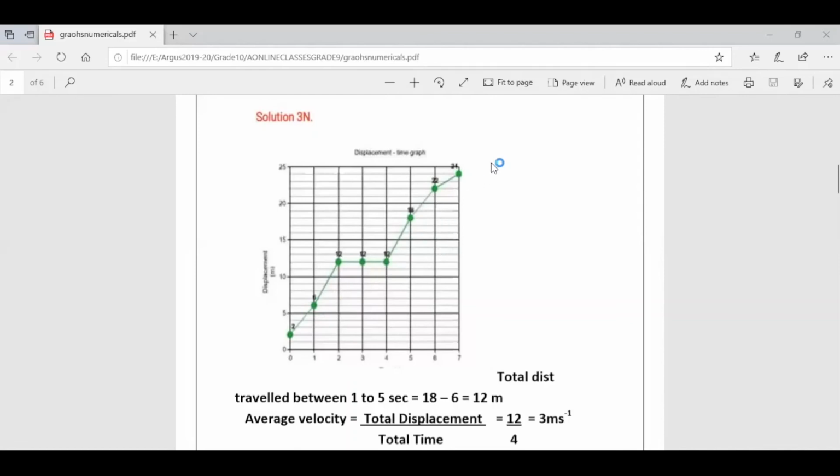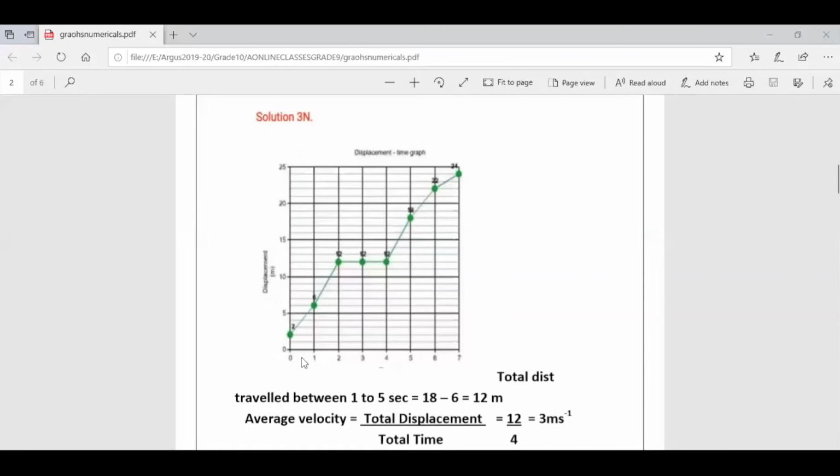Remember this. You know how to plot the graphs, you have done it in maths also. So you will take displacement on the y-axis, and time on the x-axis. You can see very clearly each square is 1 centimeter, and here you can take 5, 10, 15, 20, or you can take 2 centimeter. You will get this kind of a graph for question number 3 of numericals. A body is moving in a straight line and displacement at various instants is given. Now you have to find total distance traveled in the interval 1 to 5.